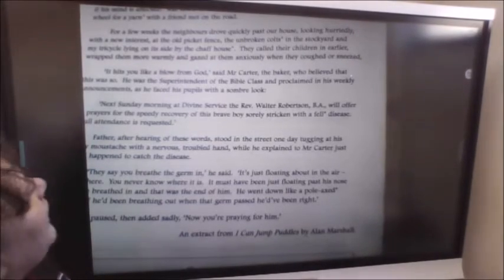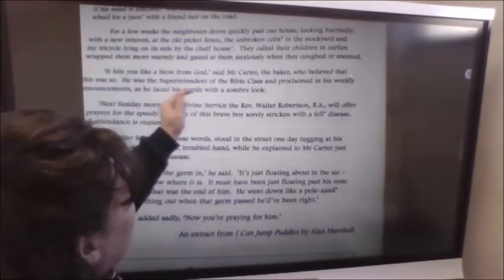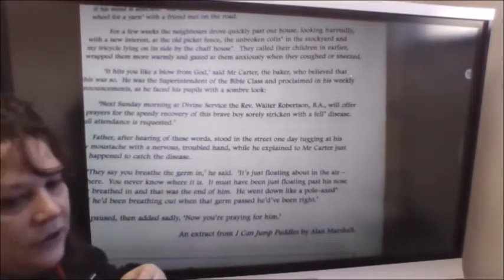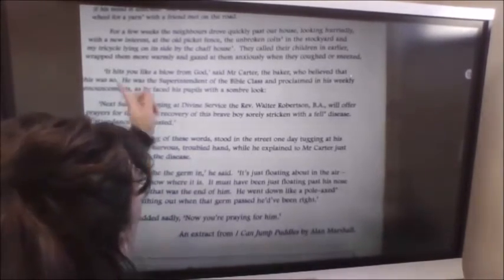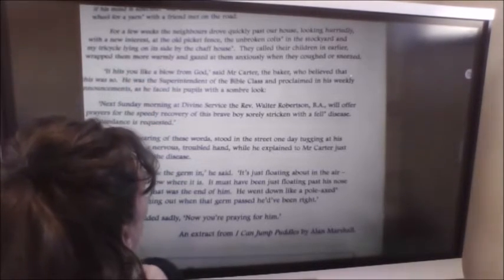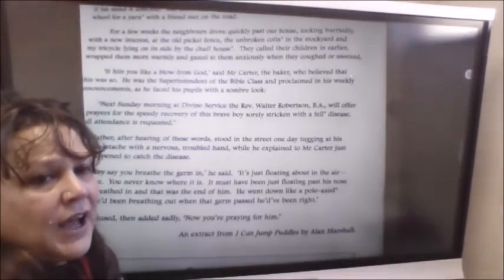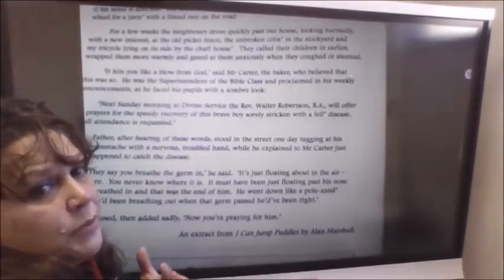So, for a few weeks, the neighbours drove quickly past our house, looking hurriedly with new interest at the old picket fence as we've gone through. The unbroken colts in the stockyard, and my tricycle lying on its side by the chaff house. They called their children in earlier, wrapped them more warmly, and gazed at them anxiously when they coughed or sneezed. So they're terrified that something is going to happen to their own children, that they're going to develop this disease